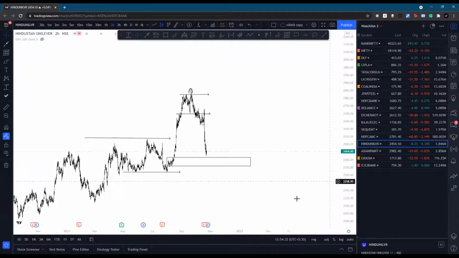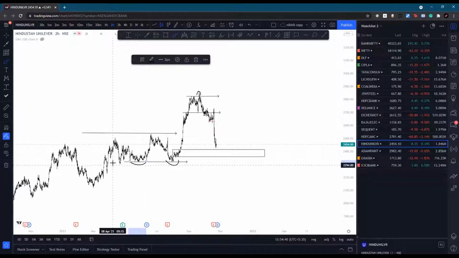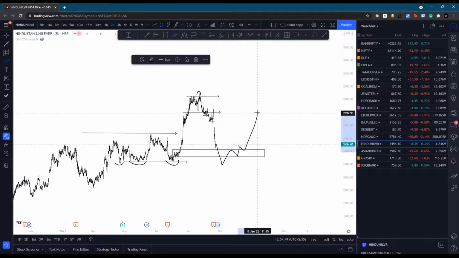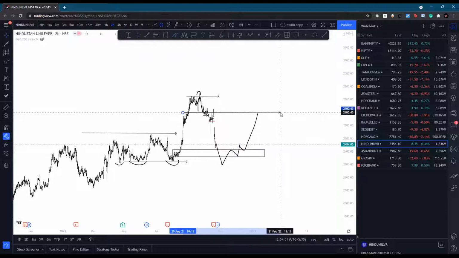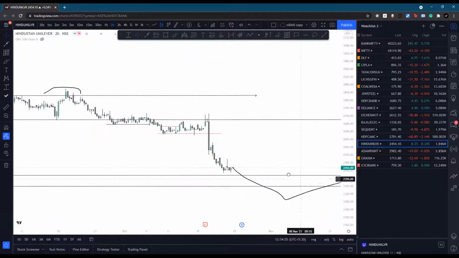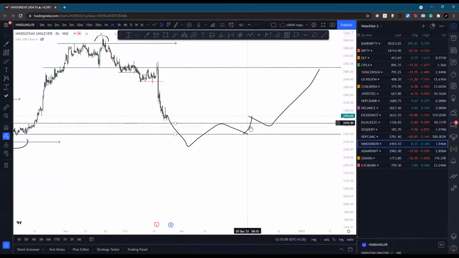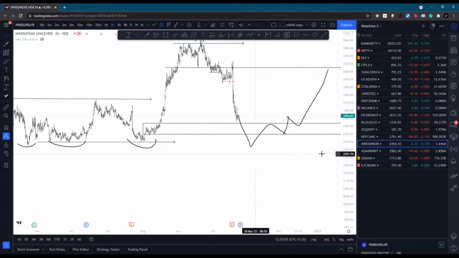Hindustan Unilever. Basically, I'm simply going to wait for a liquidity sweep on this particular counter. We have equal lows here. Let it go for a liquidity sweep, bounce back, make a break of structure, and then buy. And we have an easy target here, this entire imbalance move. Okay, so mostly what it will do is go into an accumulation phase and then it may go up.